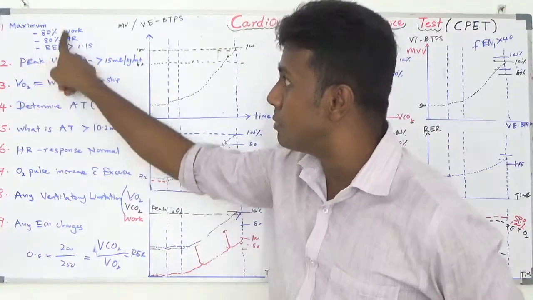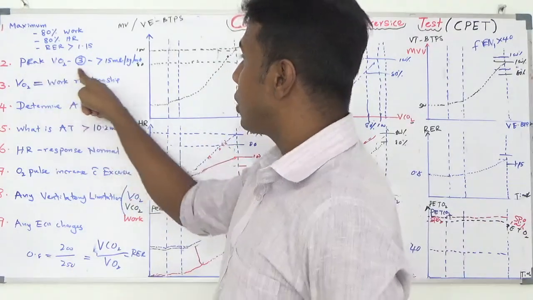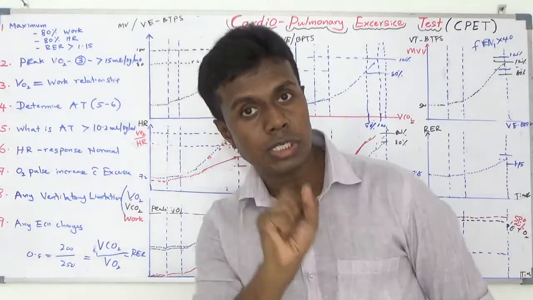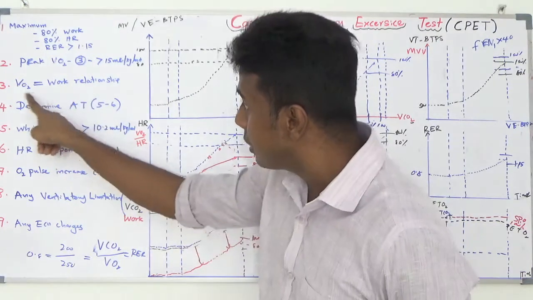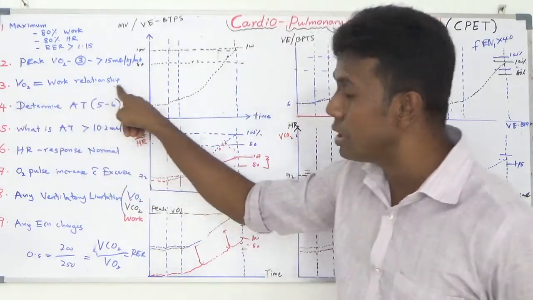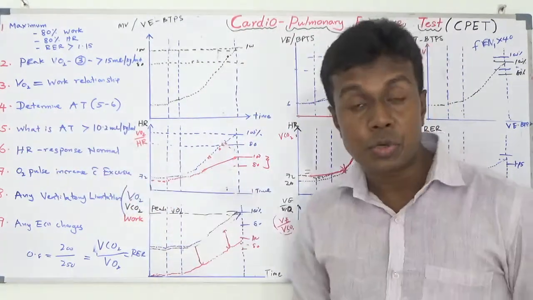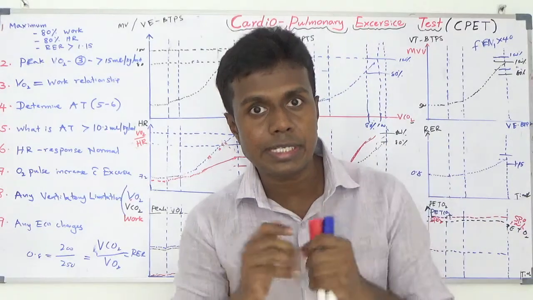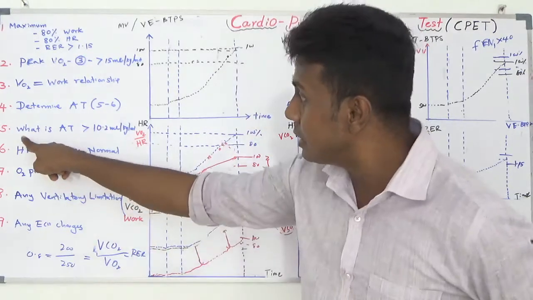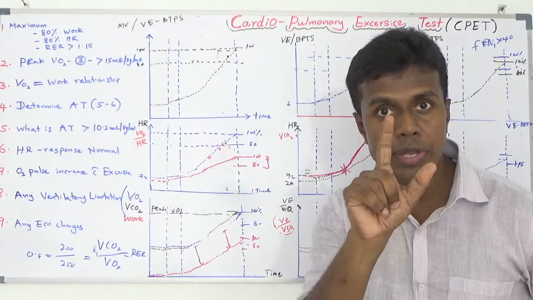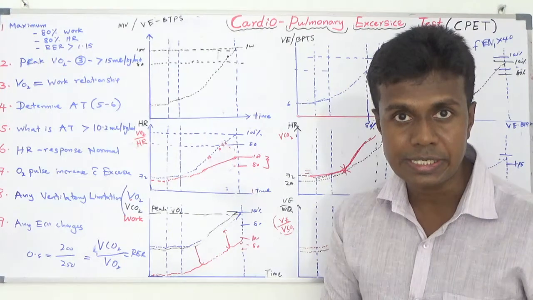Check whether you achieve 80% of the maximum value and a respiratory exchange ratio of 1.12. Check whether your patient has a peak volume of oxygen consumption of more than 15 ml per kg per minute. Check whether the volume of oxygen utilization and work relationship are parallel to each other or not. Try to determine the anaerobic threshold, which is one of the very difficult things when you are analyzing the 9 panel plot. But try carefully. It should be more than 10.2 ml per kg per minute in order to undergo a major surgery.